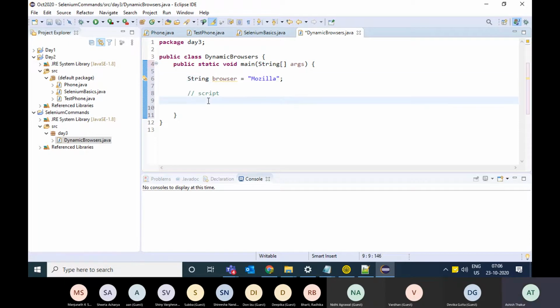So suppose if I write over here Mozilla, then the script will execute on Mozilla browser. Chrome, then the script will execute on Chrome. So how do we implement it?